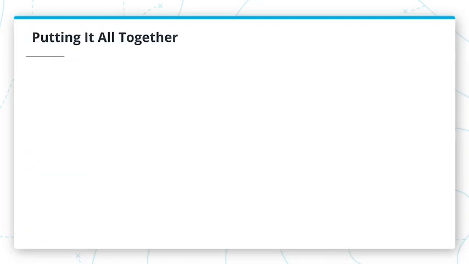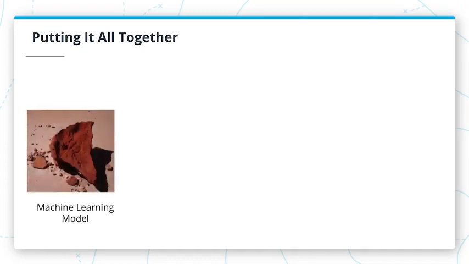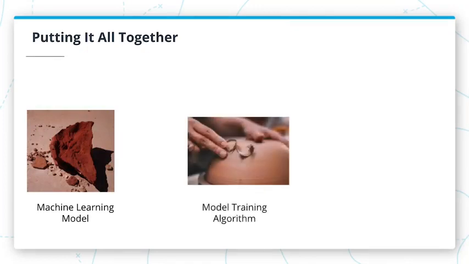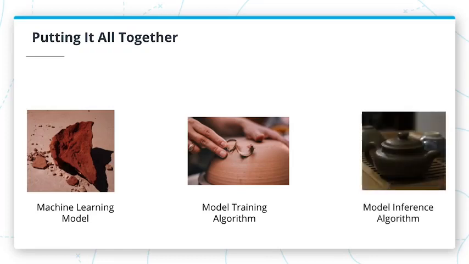We just described each of these steps in a bit more detail. So let's put it all together. First, you start with a raw piece of clay, which can be modeled into many different things. This represents a machine learning model. Next, you shape your raw piece of clay to make it look like the teapot that you always wanted. Similarly, the model training algorithm gently nudges parameters to make the model capable of solving the problem. Finally, you can enjoy your teapot and put it to work. This represents model inference. You use your model to solve the problem.